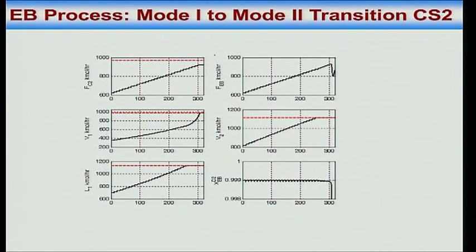What happens in mode 1 to mode 2 transition without the VPC? If I don't put the VPC in CS2, this is CS2, the conventional control system, I am jacking up the fresh ethylene feed rate by 10% every 15 hours or 20 hours, I don't know how much. Okay, and then what happens is V1 hits max and I lose product purity control. So an operator would say, don't go beyond this, right? And you are losing this much throughput.